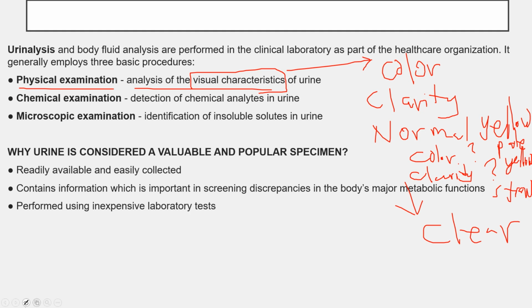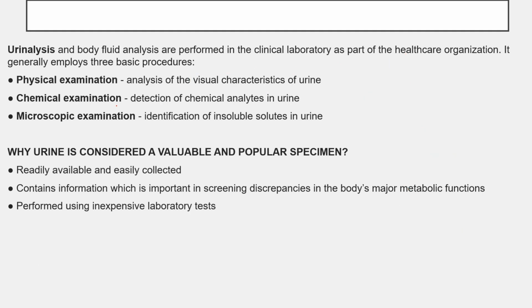Then, another procedure that you need to employ in analysis of urine is chemical examination. So, for the examination, this is the detection of chemical analytes found in your urine. Now, when we talk about chemical analytes or chemical examination, you're going to test for the following: the pH, the protein, the presence of glucose, the specific gravity, then there's even blood, the presence of leukocytes,